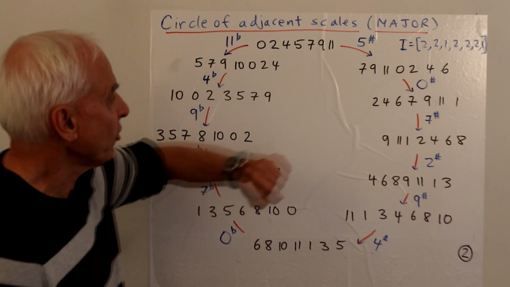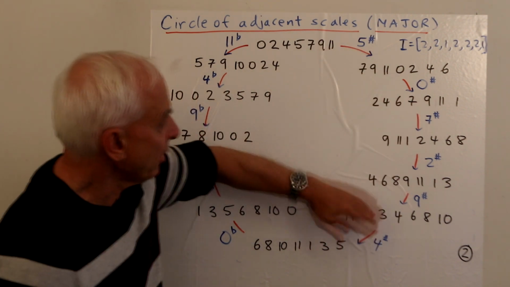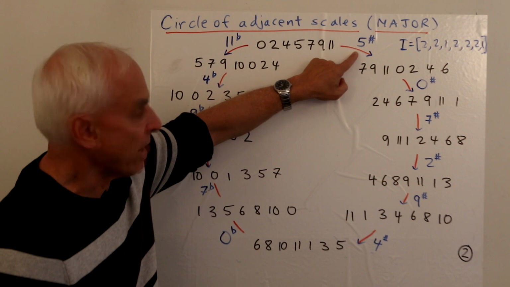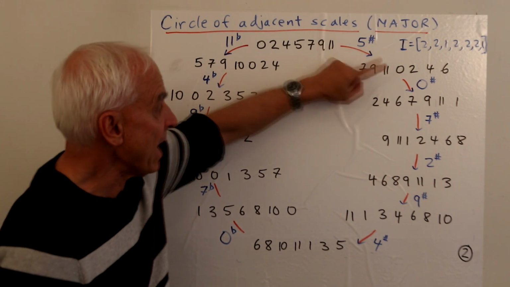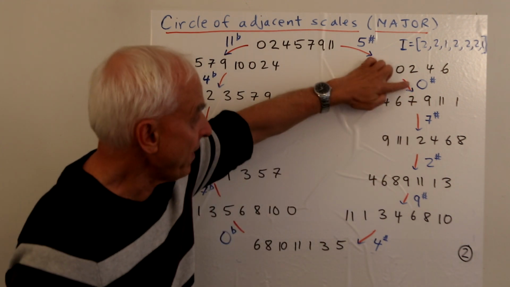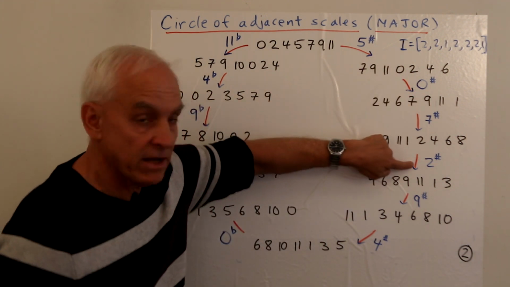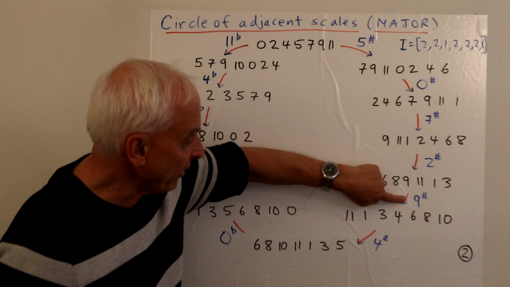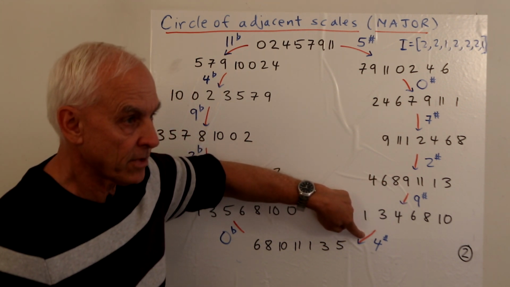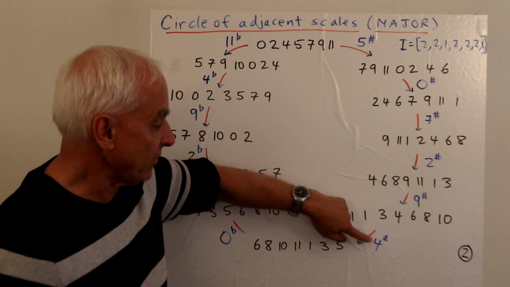You probably already observed that when we were going down here and raising subsequent ones, we were essentially going up by 7 steps. So we're going from 5 to 0, that's a step of 7, because 5 plus 7 is 12, which is 0, and then up by 7 again, and then up by 7 is 14, which is the same as 2, then up by 7, which is 9, and up by 7 is 16, which is the same as 4.